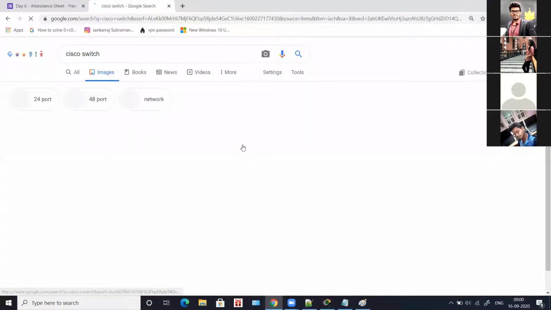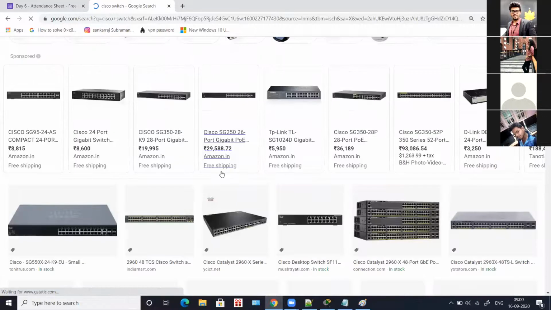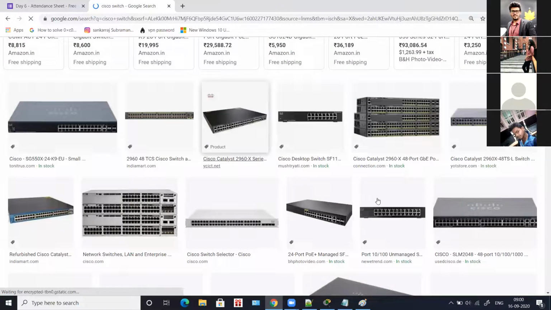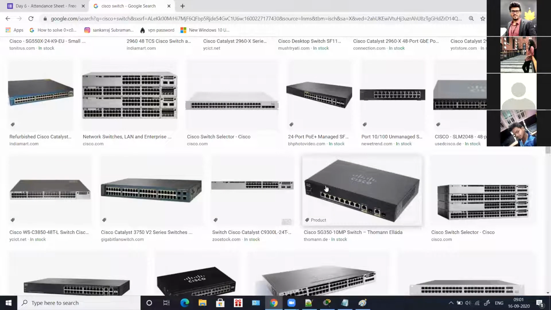A Cisco switch looks something like this, and you have all the ports behind. We're going to see the basic configuration, what these ports are, how they are configured and what they are used for.